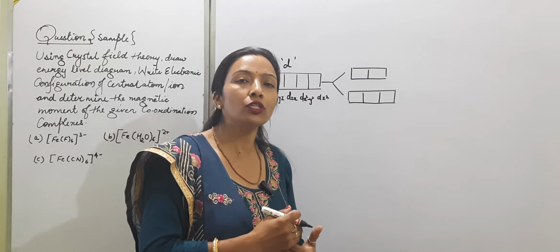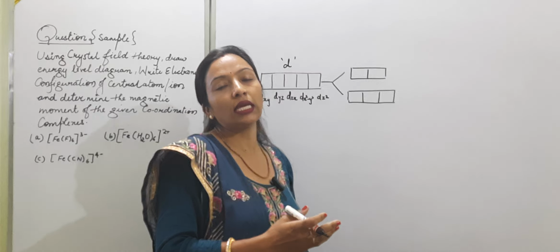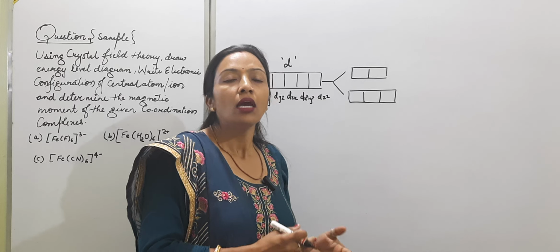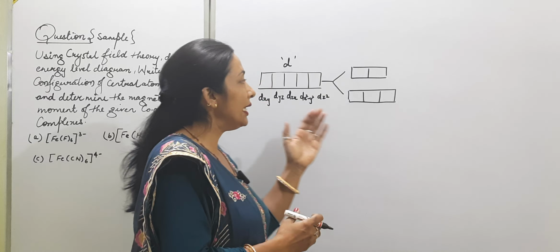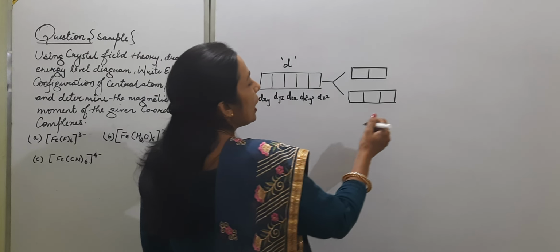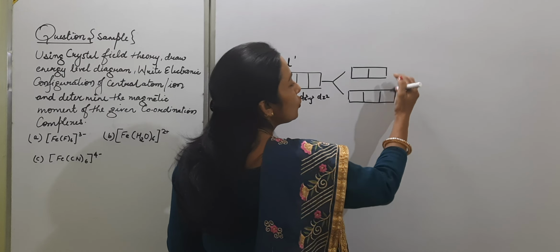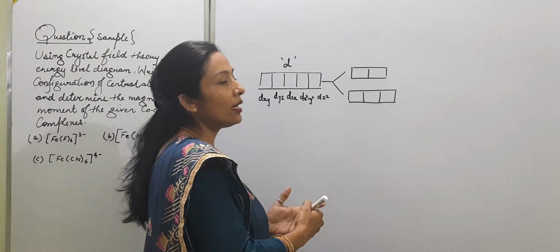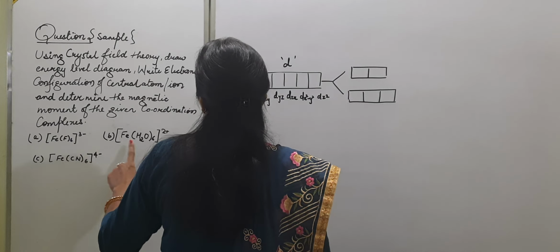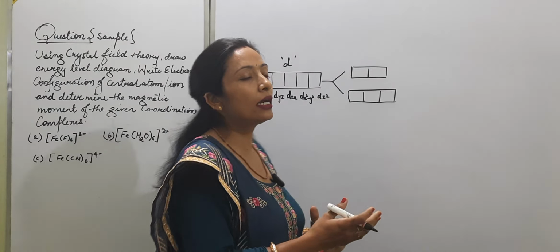The ligand will approach, and ligands are of two types, either weak ligand or strong ligand. Then it can be divided into two energy levels for the octahedral or tetrahedral